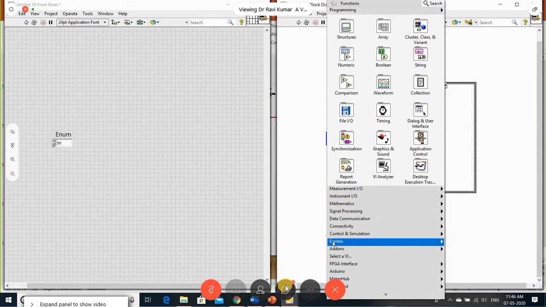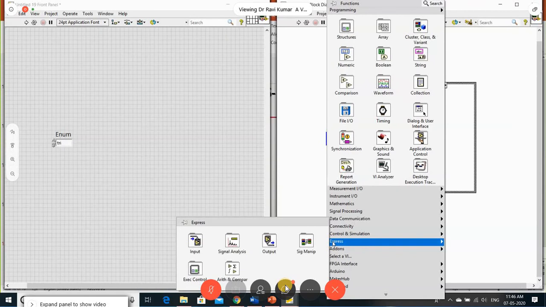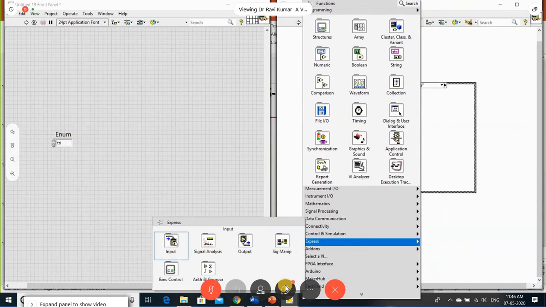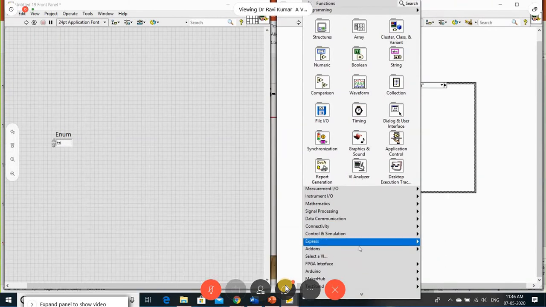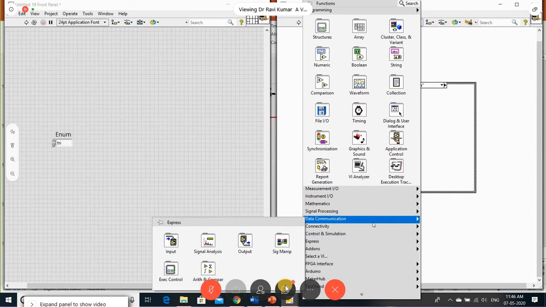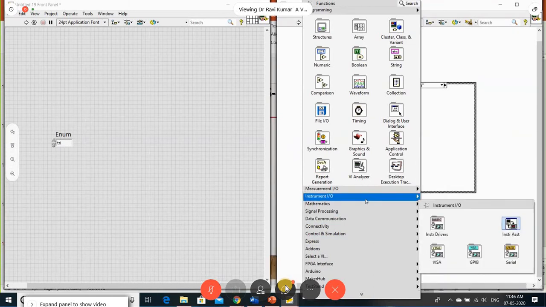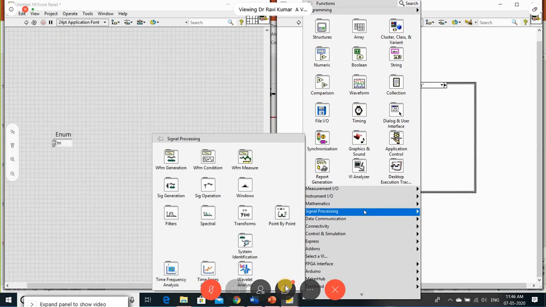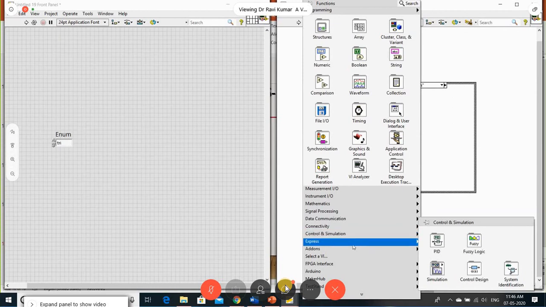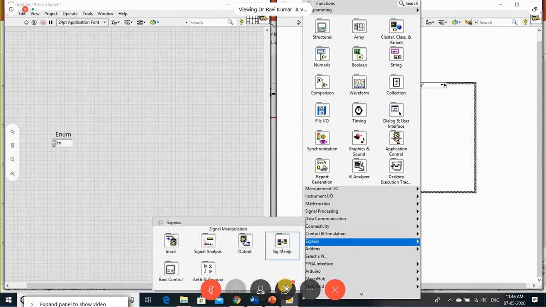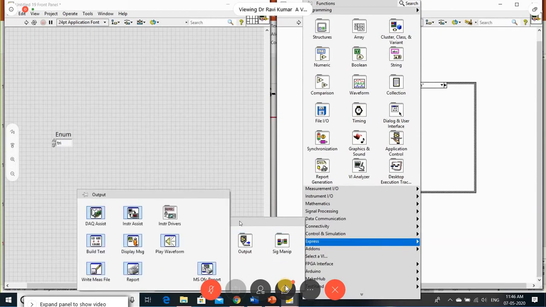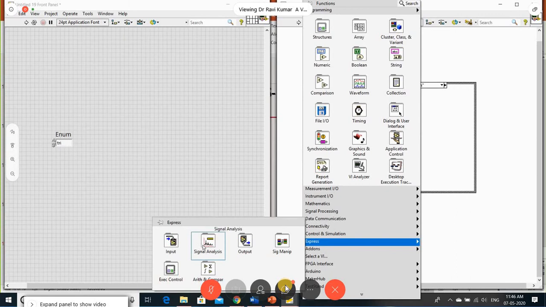So there is an Express palette. I'll show you once again. Right click on the block diagram. There is Express. Again, go to Input. In Input, we have the Signal Express, Data communication, Outputs, Signal analysis.